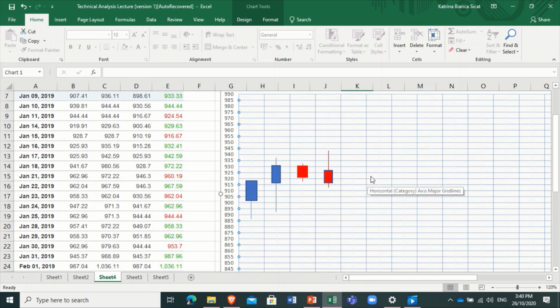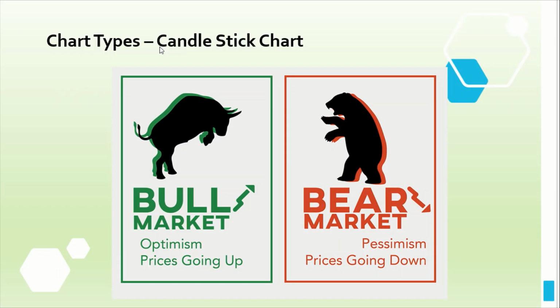Make sure you are very much aware of the color of the candlesticks para hindi kayo magkamali sa inyong gagawing candlestick chart. So, ganun din sa bar chart and ganun din sa point and figure chart. Now that you know how to create a basic line chart, a point and figure chart, a bar chart, and a candlestick chart, let's talk about the significance or how the stock traders and the technical analysts use the candlestick chart to predict or to forecast the movement of the market as a whole.